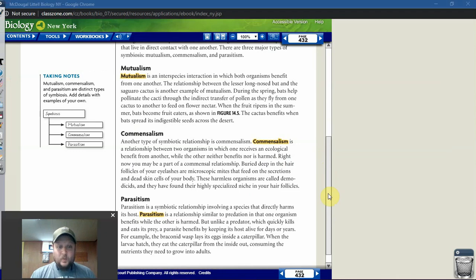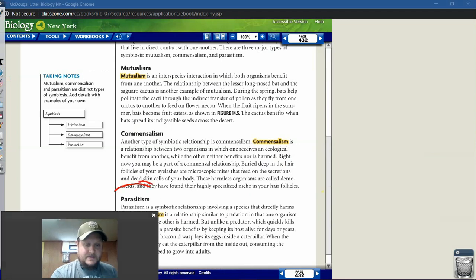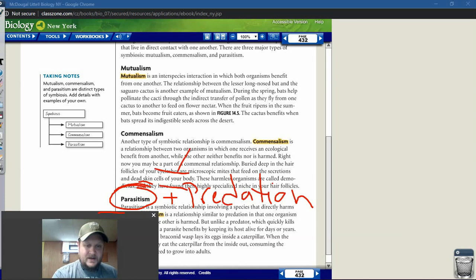Okay, so just one last thing I want to bring up before I get out of here is a glaring difference between parasitism and predation, all right? These are not equal, okay? They are not the same thing, all right? When I'm talking about parasitism, a parasite